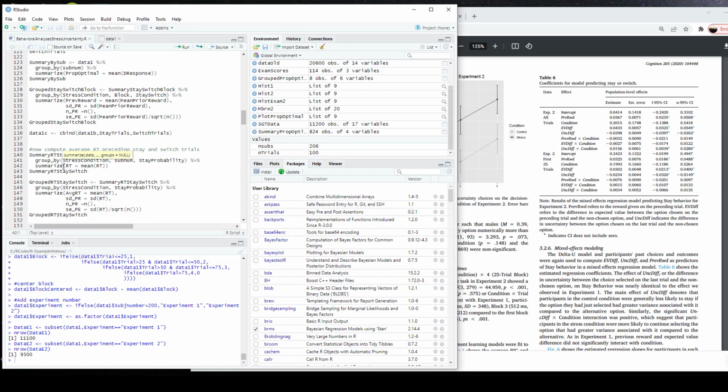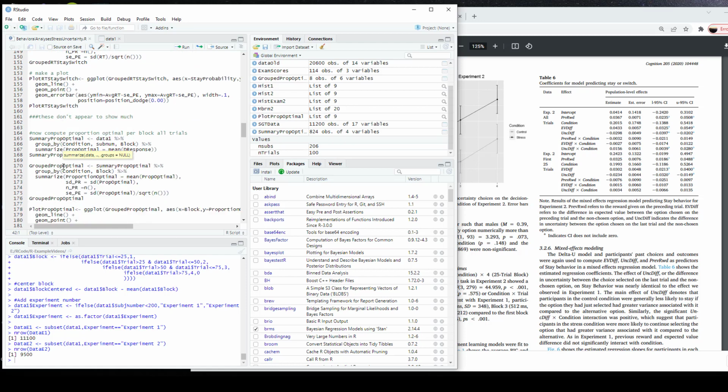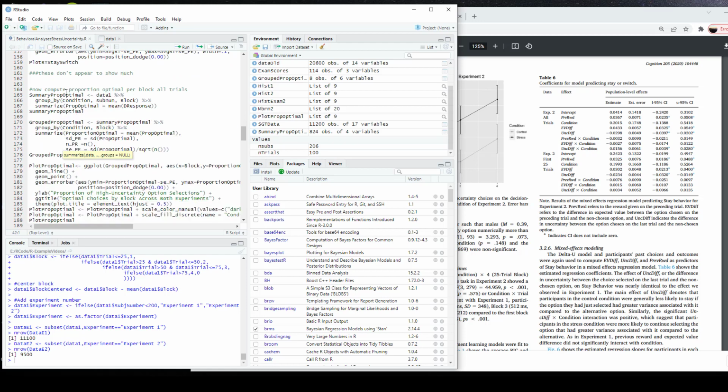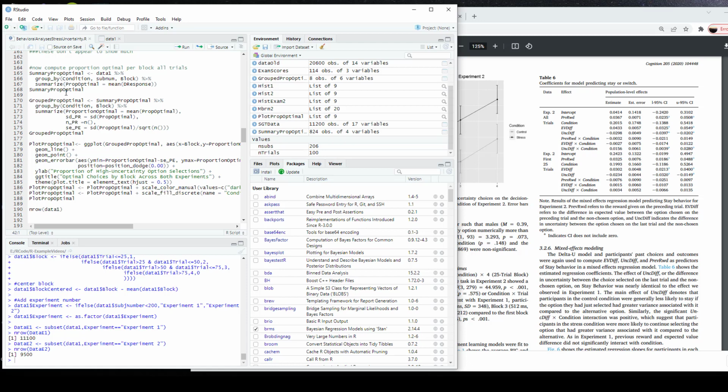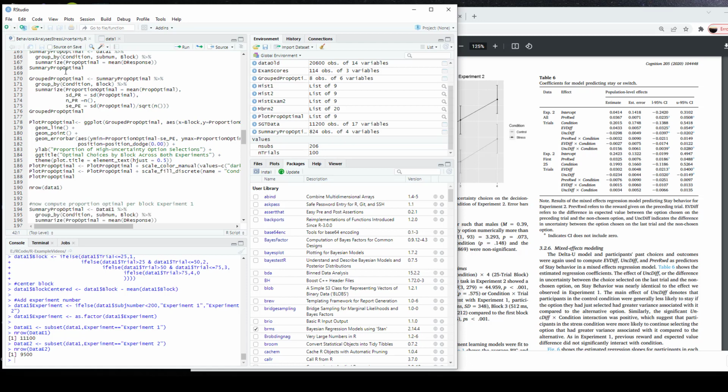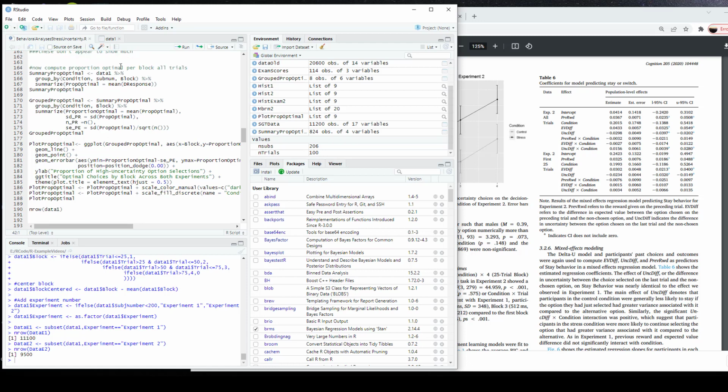I'm going to go all the way down to this right here, starting at line 164. Now compute the proportion optimal per block across all trials. First, I'm going to show how to compute that across both data sets. Initially, when we